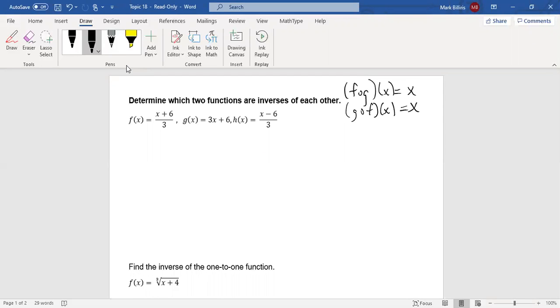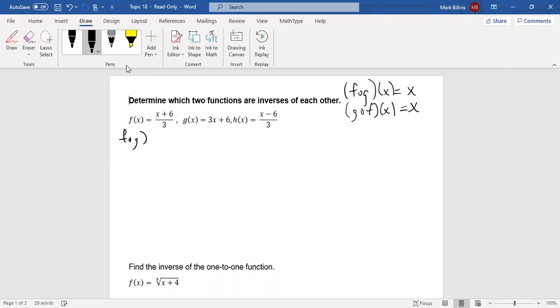So what we need to do, we're given three functions in this case, and we need to find f of g of x to see if that equals x, and then we have to do f of h of x and g of h of x, etc., until we find the combination that gives us an x. So let's start by finding f